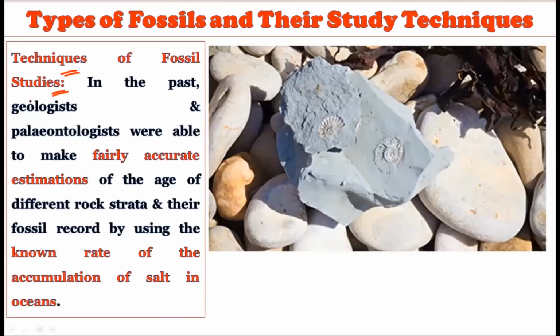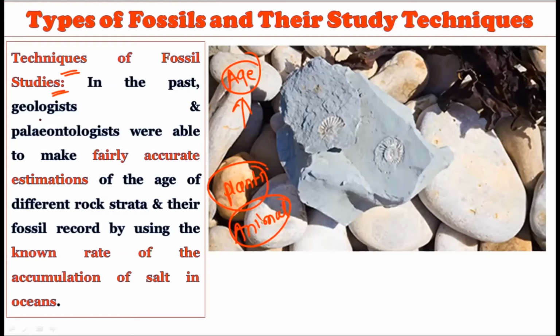fossil studies. Okay, the second part of this topic is called the study of the fossil record, that is, which techniques we use to study the fossil record. Okay, the most important is to calculate the age of the fossil. Because just by externally examining we can know that these are plant fossils, these are animal fossils, this belongs to the arthropods, or this belongs to the insects. But what is important here is to fairly accurately examine which type of aging process is there, which actually determines the age of the fossil record.